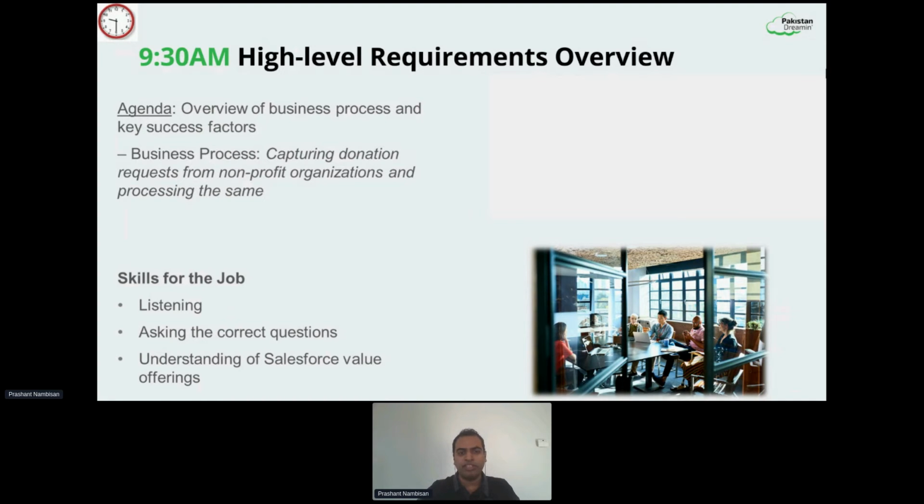Try to think of different scenarios. Pay attention to the requirements. Many times there would be requirements which are very clearly identified, but also in your experience you will see that there are requirements which are not really clarified very clearly. They're implicit, unstated, where you have to really cull them out, many times infer them between the lines and dig deep, which also leads to you having to ask the correct questions to be able to get those